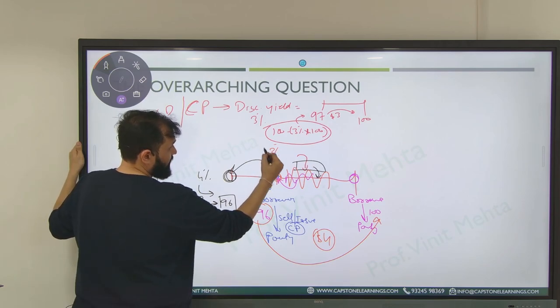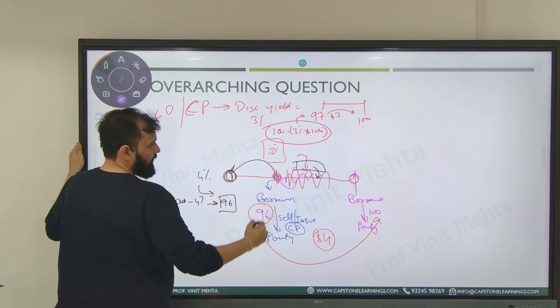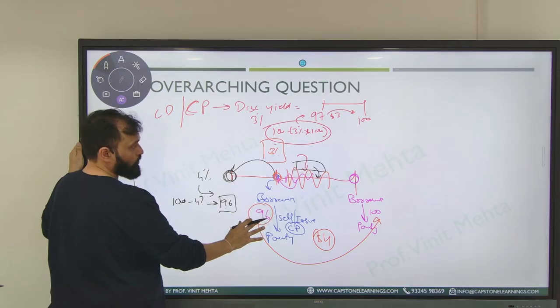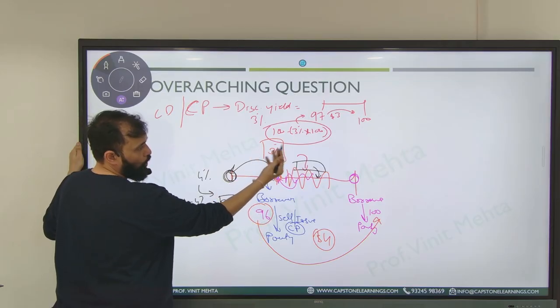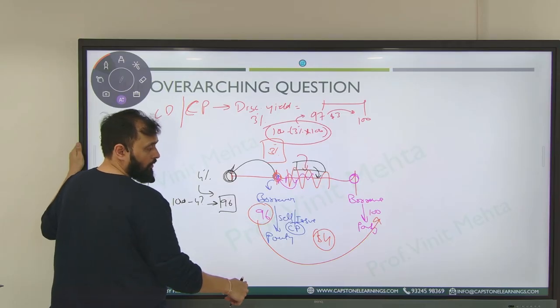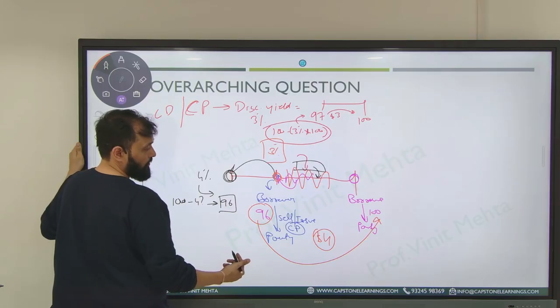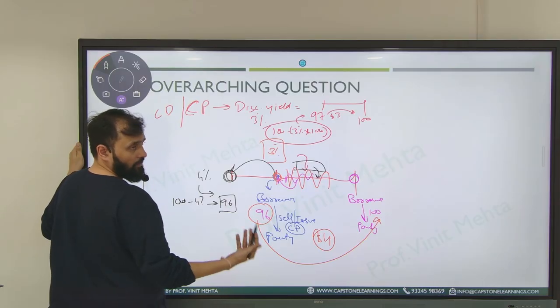So if it is 3%, you, as a borrower, will be like, oh my god, if I wouldn't have taken this futures, I would have been borrowing at 97 and just paying 3% interest rate. But over here, because you have agreed to sell at 96, meaning borrow at 96, you end up paying 4. So here you have a negative value.